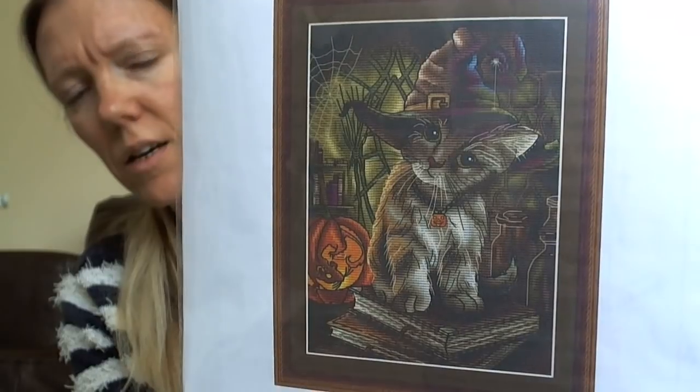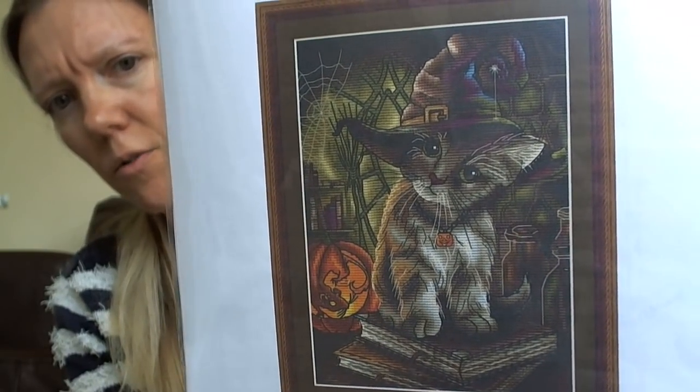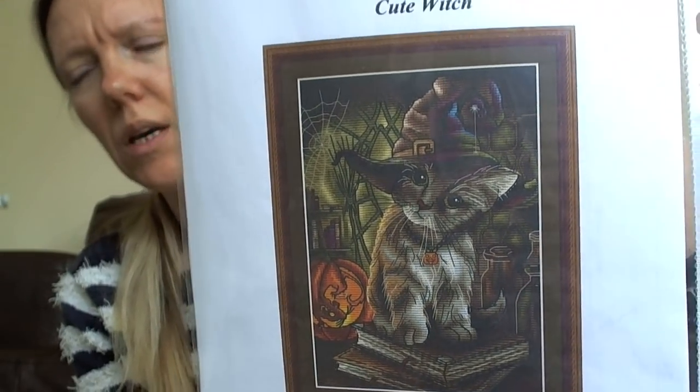This is a digital download that I got from Etsy. The shop is Lola Lotta Shop. She's got quite a lot of patterns on there. She's got well over 1,000. Mostly Russian designers, I think. But what I've found is sometimes you can get them cheaper in other places. So if you visit that website, see if the actual designer has got their own site as well. Some of them have,